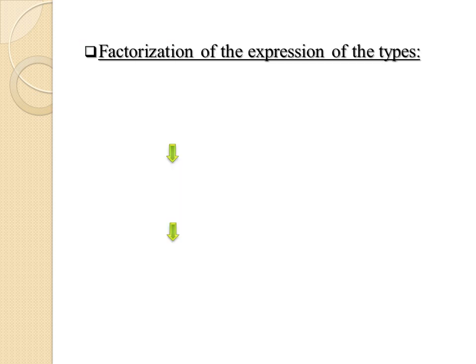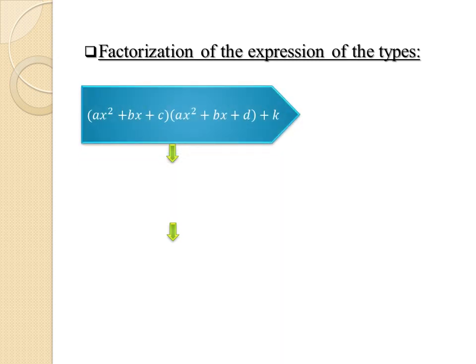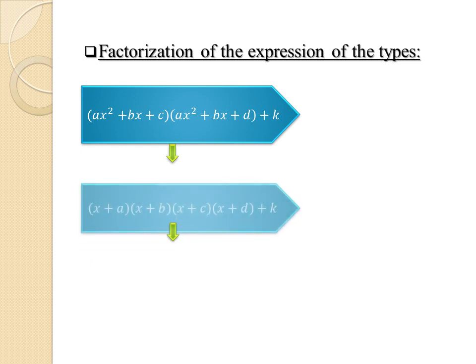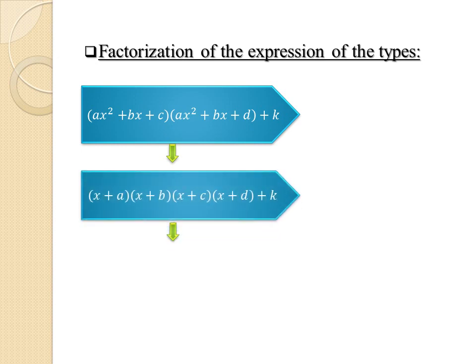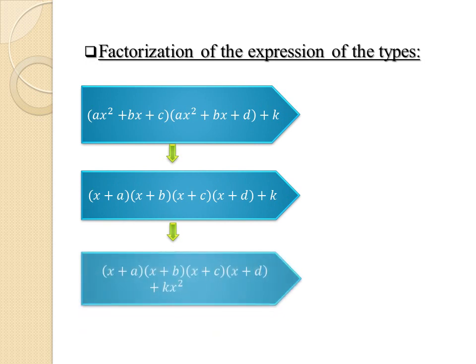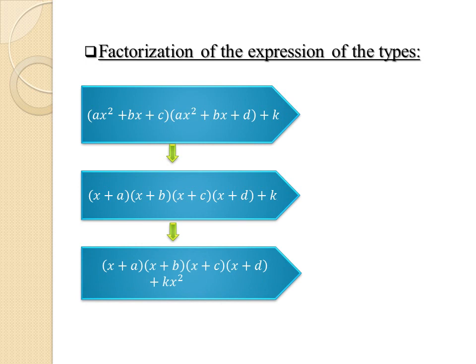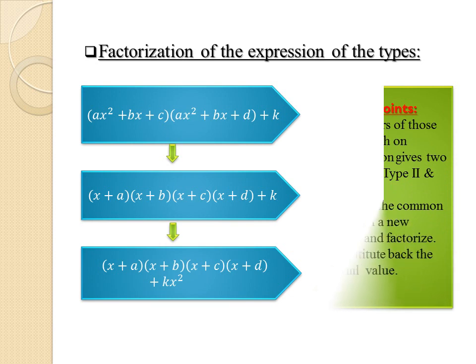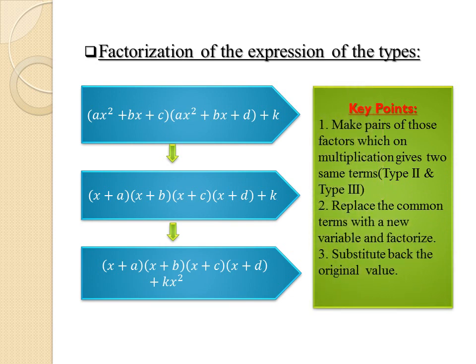The next discussion is about factorization of the expressions of the following three types. First one is ax square plus bx plus c into ax square plus bx plus d plus k. Second one is x plus a into x plus b into x plus c into x plus d plus k. And the third one is x plus a into x plus b into x plus c into x plus d plus kx square. In order to solve all the three types, the main key points are: first one, make pairs